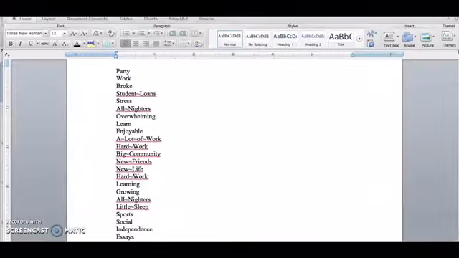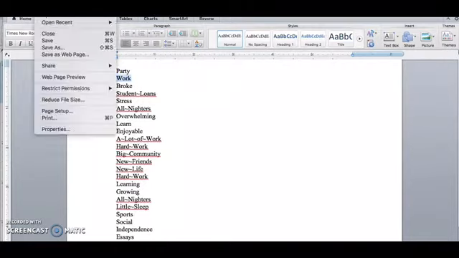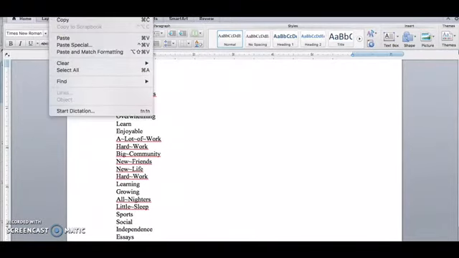I have a list of words that my students gave me in class. I had them write them on a sticky note and give those to me, and I've typed them into this Word document. One feature to note with Wordle is if you want more than one word to stay together in this word cloud, you need to do this tilde located right here between the words so that it'll keep those words connected together. So what I'm going to do, I'm going to highlight all of my words,